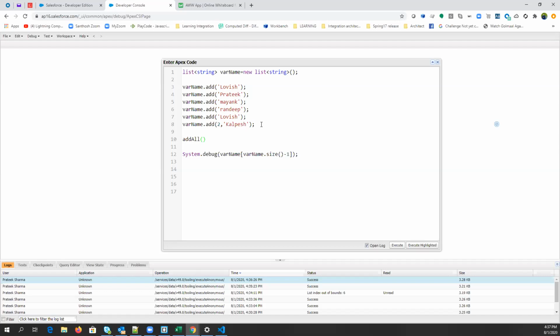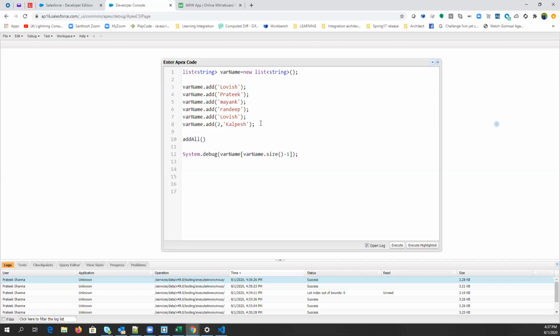Kind of, partially correct. Basically, same type of values into one list. That's correct. If you want to copy one list to another list, then the addAll method can be used. It adds the elements of another list into any other list.